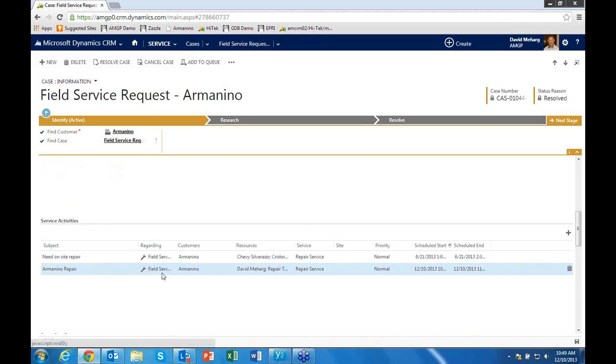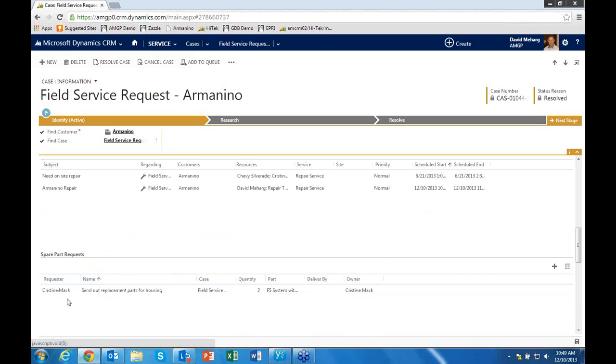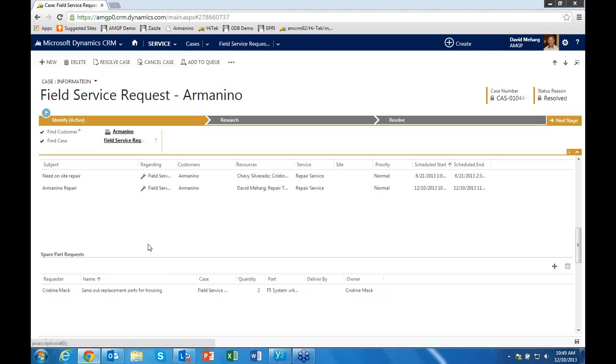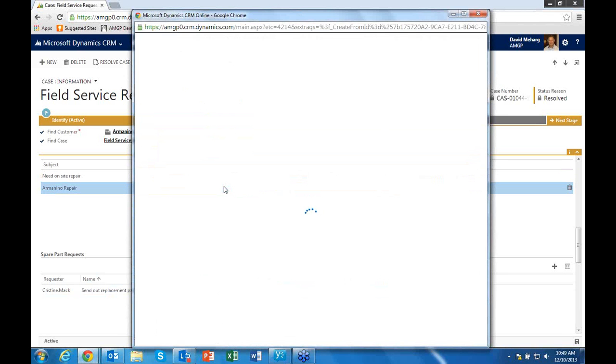We can also track service activity. So this is the actual scheduling of a field service technician. I'll show you that in a second. And then the field service technician can also request spare parts from inventory. And this is basically just a requisition that we can go out and get those spare parts requested so that they arrive in the field with the field service rep when they're ready to do that. Let's go ahead and take a look at this